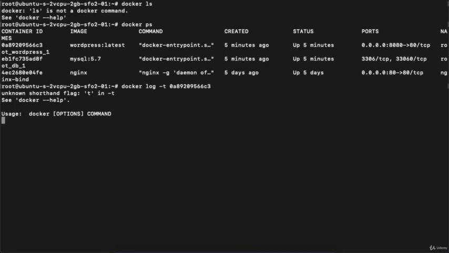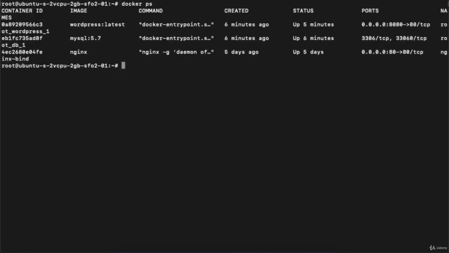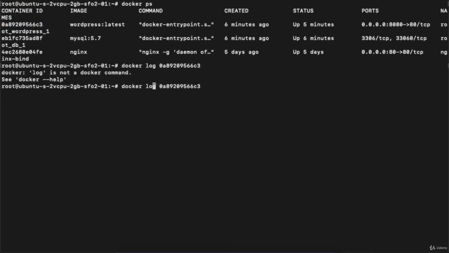Hit enter. Suppose I run docker ps to identify all the containers, and then execute the command docker logs with my WordPress container ID. Control C, Control V, hit enter. The command should be docker container logs.